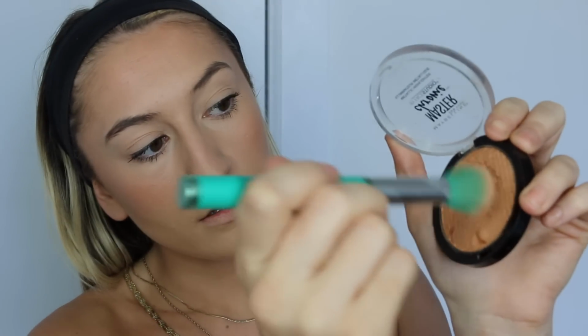So I'm just gonna take this little brush, some Sephora brush, and I just dip it in lightly. I do the same thing again on my wrist just to make sure it's not so strong, because when I'm doing my everyday natural-ish makeup look, I don't want a blinding highlight. I mean, we always want a blinding highlight, but you know what I mean. It's gotta blend with the face. Okay. Going in,